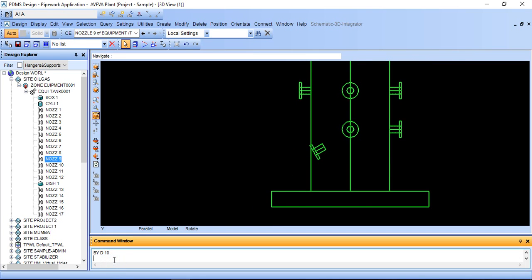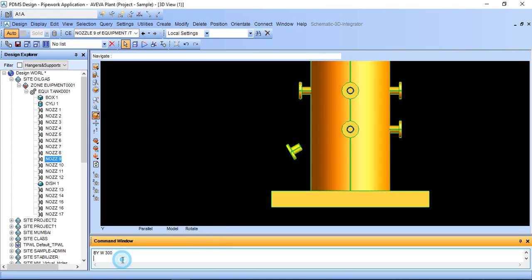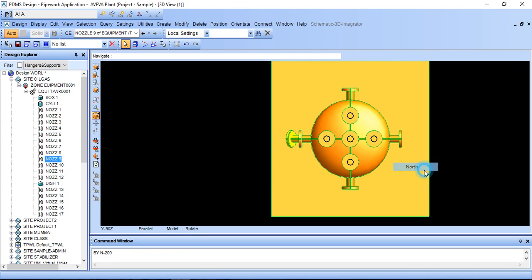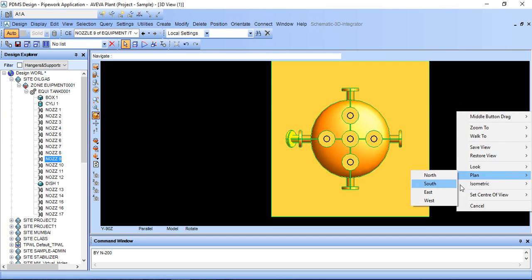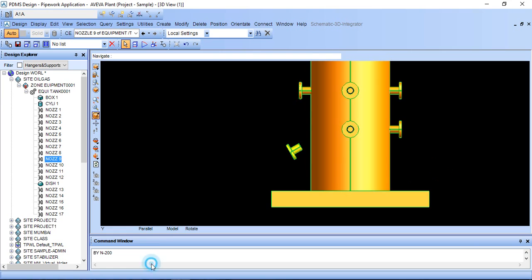So here is west by west 300, so it will be seen, and then by north 200, by east 200, by east minus 100, by east 50.